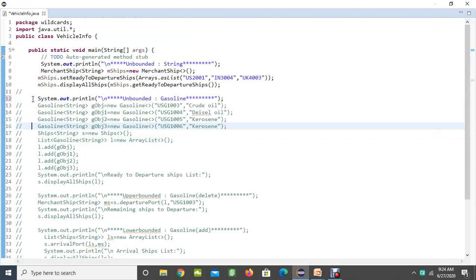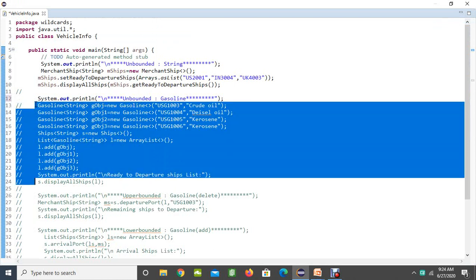Let me uncomment this first. Here I have created objects for 4 gasoline ships, and I have created a list of the gasoline, and I am passing all the objects that I have created to the list.